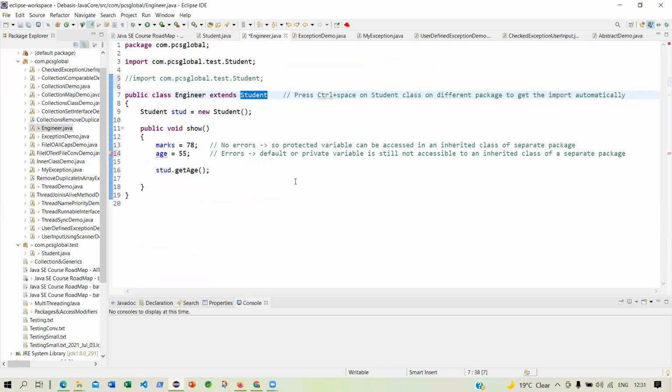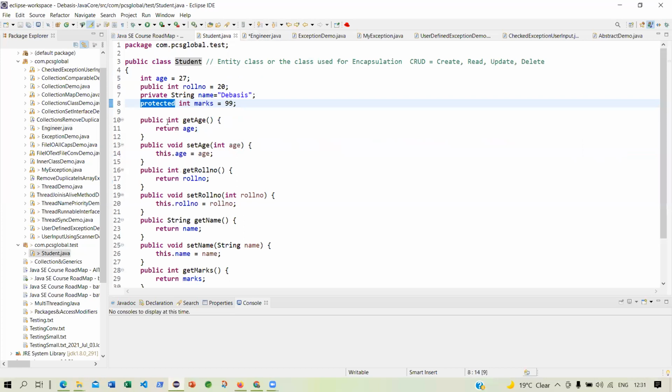You can always change the value of the protected data of a class which you have inherited, because there is no error: protected variables can be accessed in an inherited class of a separate package. This student is a separate package, but you have inherited, so you can very well change the value of the protected data of student.